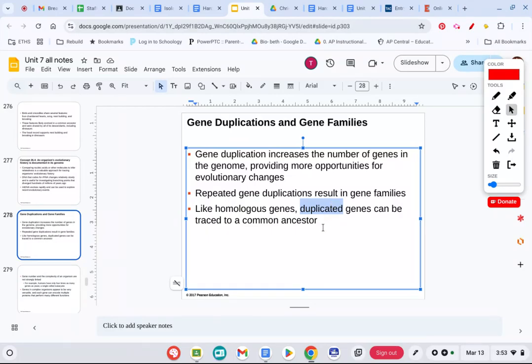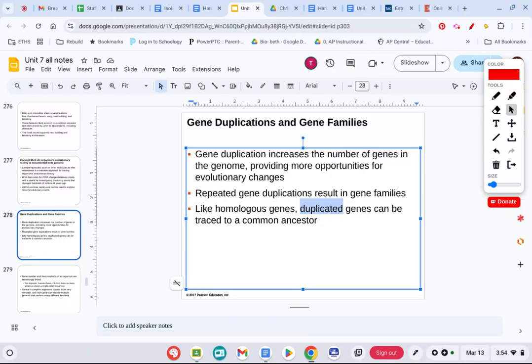Another fun fact about duplicated genes: genes do copy themselves over time, so you don't usually have one copy of a gene. For whatever trait it is, you'll usually have many of them. And the older the gene, the more copies you will have of it. That also leads, we'll see down the road, to the idea that those genes can become mutated. So even though you've got functioning copies of a gene to produce a protein, there could be a mutated copy that could become a protein for something